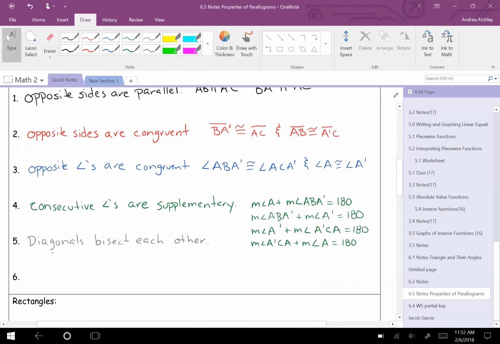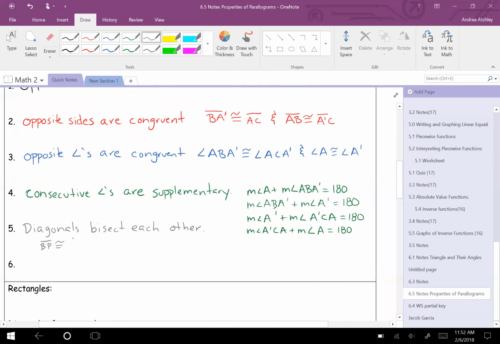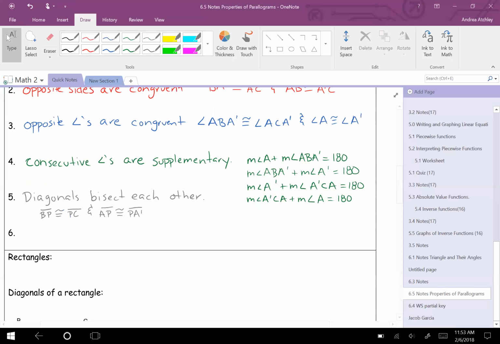So we would say that segment BP is congruent to segment PC. And segment AP is congruent to segment PA prime. So from A to P is equal to P to A prime. Any questions over that? Okay, the last one is that